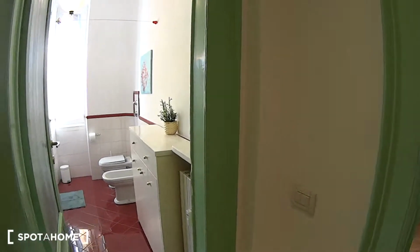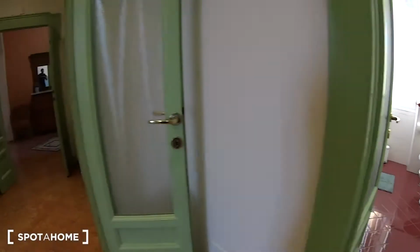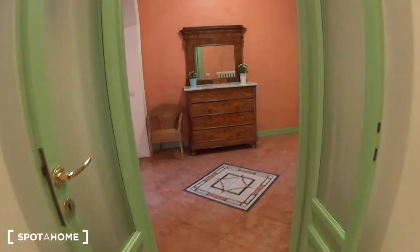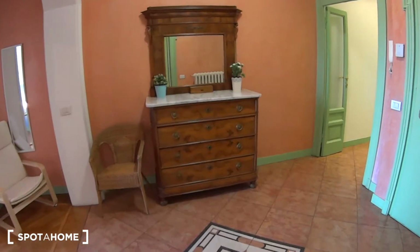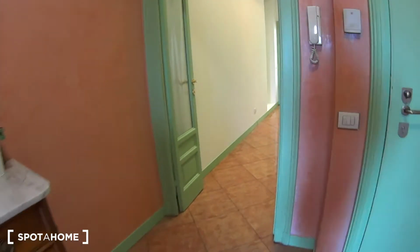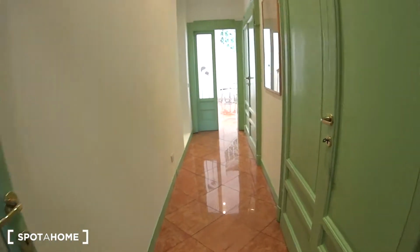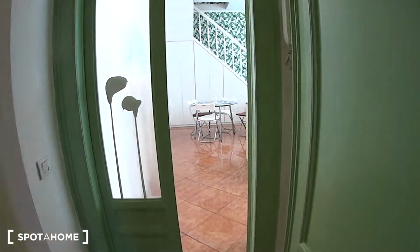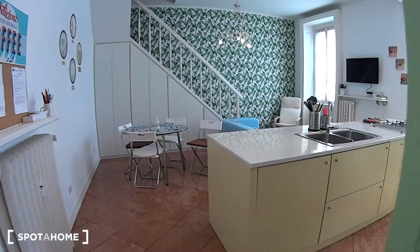Here we have the first and main shared bathroom, while on the upper floor, the 7th, we find the 5th bedroom, which is a double one, the only one of the apartment, as well as the 2nd bathroom, which is an ensuite one. So we can just begin our tour with the lovely kitchen, which has a lot of light